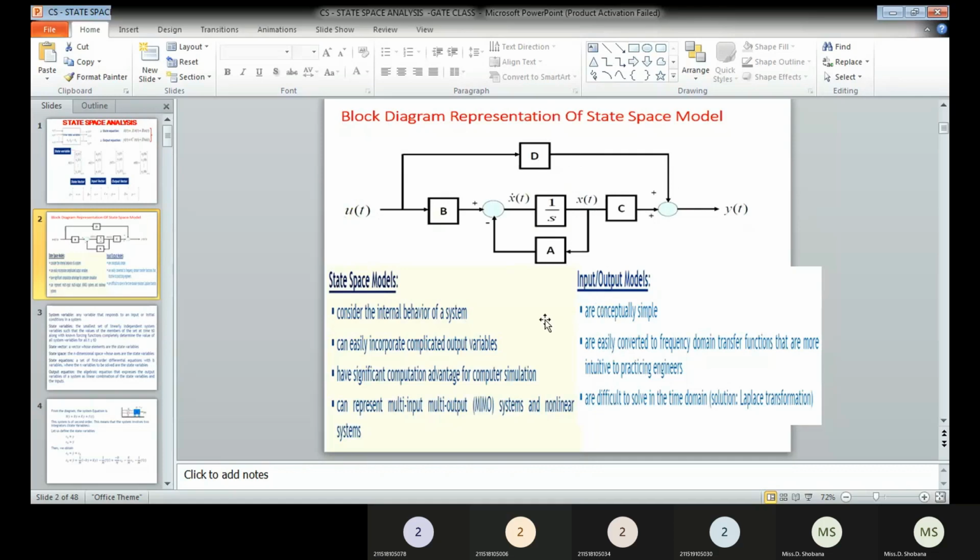Okay, so this is your state space model, which is similar to our block diagram model. Here we have the difference between the transfer function and the state space model that we have just discussed. This state space model can be used for linear time variant systems also. The transfer function model or input-output models are used only for linear time invariant systems, and there we can vary only the input signal so that we can have the controlled output signal. But in state space, we can vary the input as well as the states in order to get the desired output. So these are the simple differences between the state space and the transfer function model.